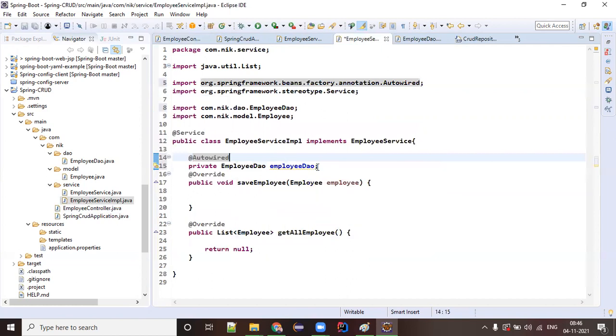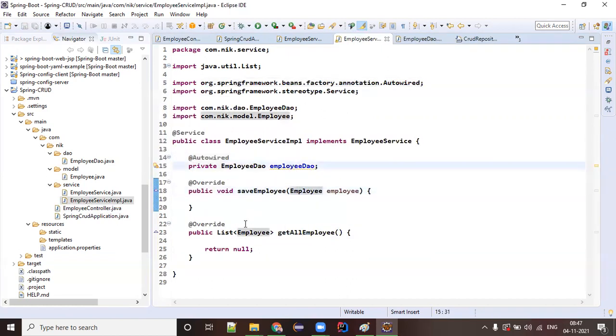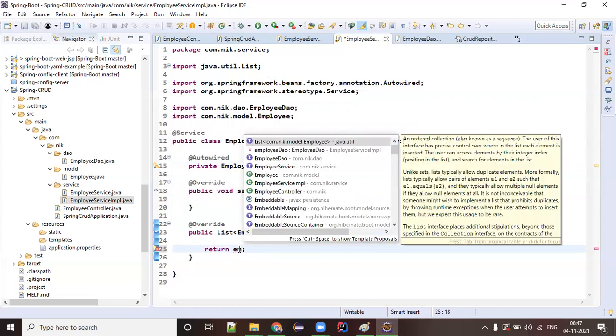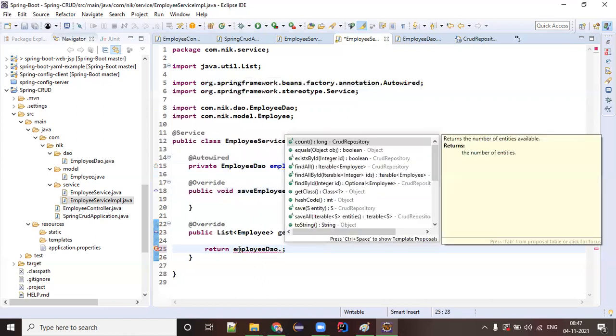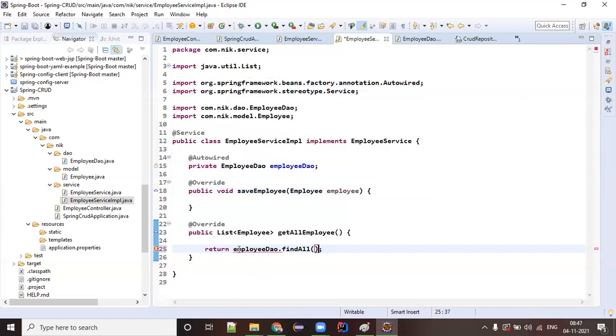Yeah. So if you look at the flow now, I have connected from the service layer to the DAO layer. And what you need to do is simply call employeeDAO.findAll. The problem is that this findAll method is returning an Iterable object, and we are expecting a list of employees. So what we have to do now is convert this